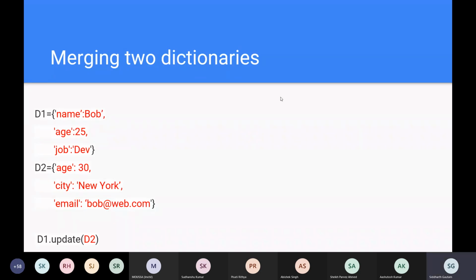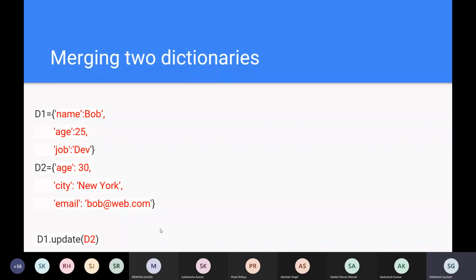But there are different questions here, like what if there's a repeating key? Let's say there's a key name in both of these dictionaries, but they have different values, what will happen then? And if they have the same values, what will happen? And if I don't use the update function, and use the concatenation operator instead, what will happen? So we will take a look at everything.